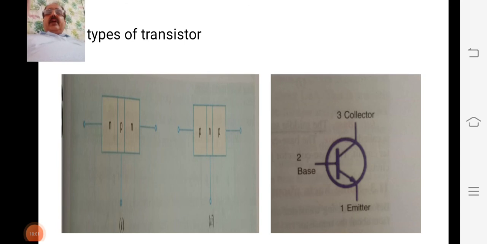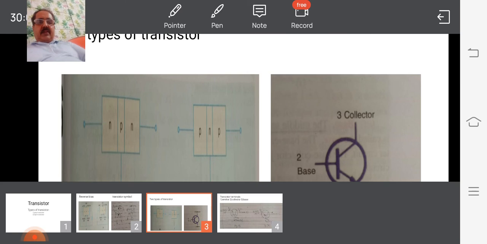Let us consider the working of a PNP transistor. As shown in this figure, the basic connection of a PNP transistor, the forward bias causes the holes in the P type emitter to flow toward the base. These constitute the emitter current IE. As these holes cross into the N-type base, they tend to combine with the electrons.